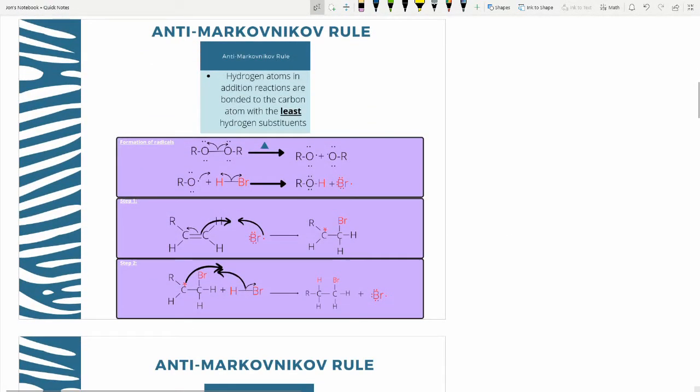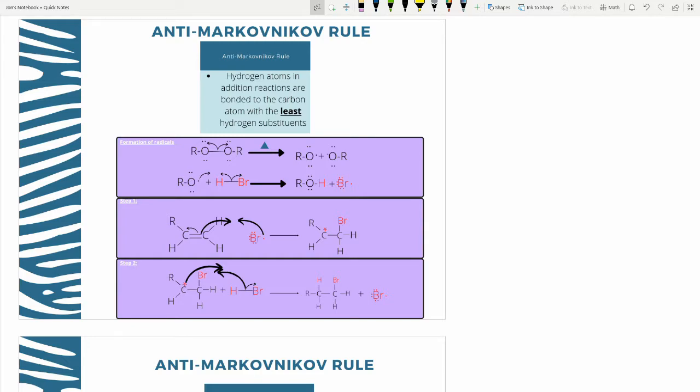The Anti-Markovnikov Rule states that the hydrogen atom in the addition reaction is bonded to the carbon atom with the least hydrogen substituents. The first step is the formation of radicals, and that occurs through peroxide collections that have been exposed to air, which then produce radicals. The initial radical then reacts with the reactant, in this case HBr, to form another radical, which would be the bromine radical. The bromine radical then reacts with the alkene to form an allylic radical, and as a side note,